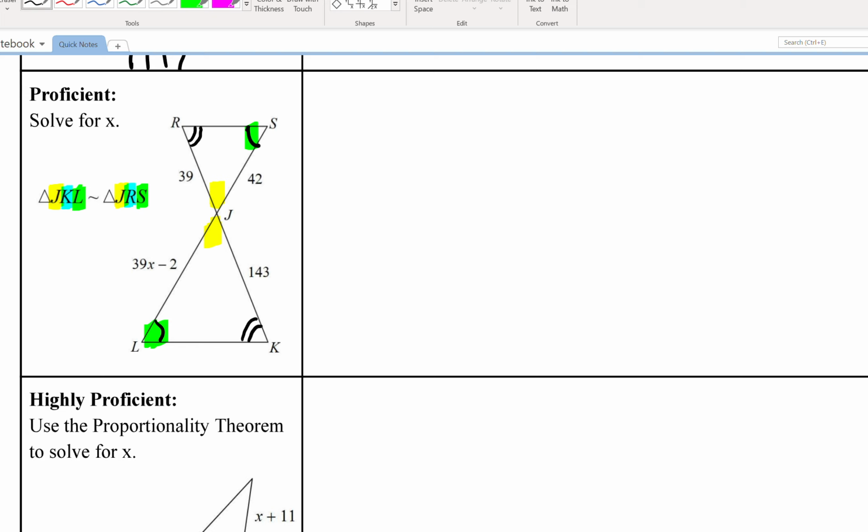So if I want to start with, let's say, 39x minus 2, that side between L and J, the single arc and J, would correspond to this single arc and J also. And so then we can line up those that are corresponding. So 39x minus 2 is to 42 as, and then I can say